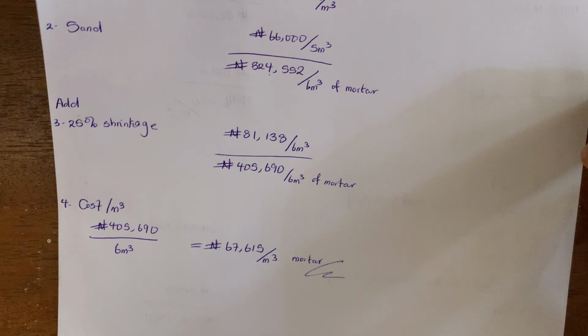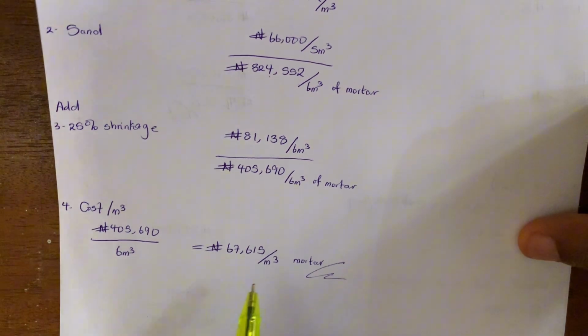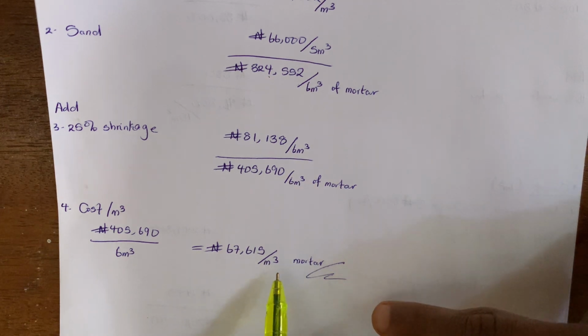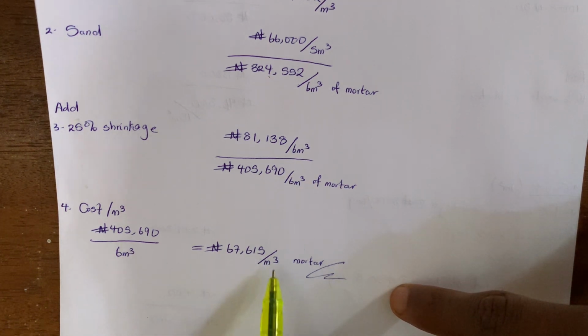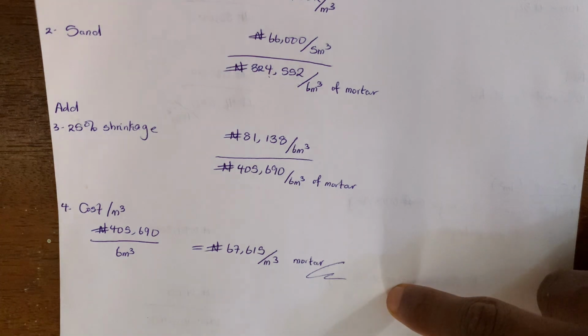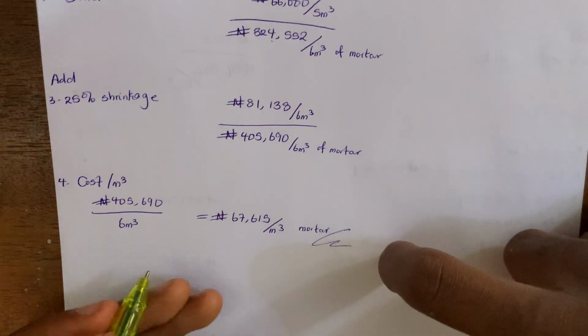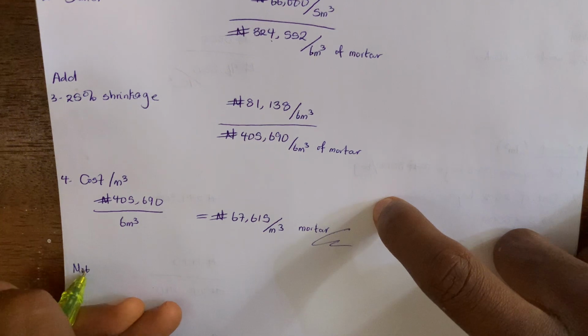Mortar. I repeat, it will take 0.14 meter cube of mortar to lay 10 meters square of 225 block work. Let me even be very specific: 225 block work. Meaning that if I'm using 150, it will be less than that. So it means that this 67,615 that we are spending on 1 meter cube is too much for just 0.14 meter cube of mortar we're going to be needing for 10 meters square. So we need to adjust this price to the quantity of mortar we are actually going to be using. So to do that, we'll now say note